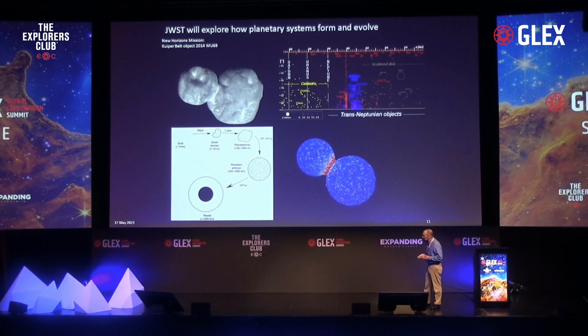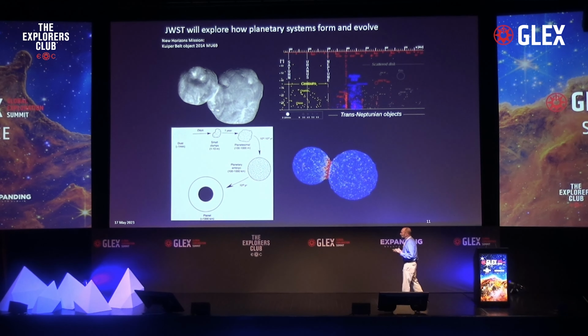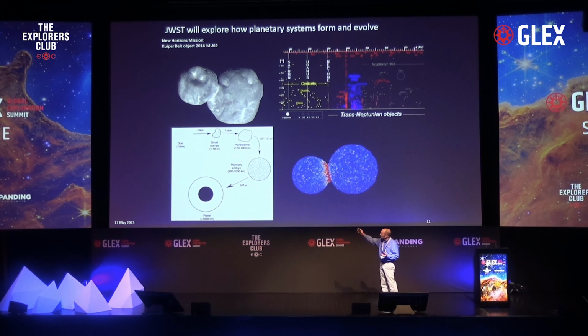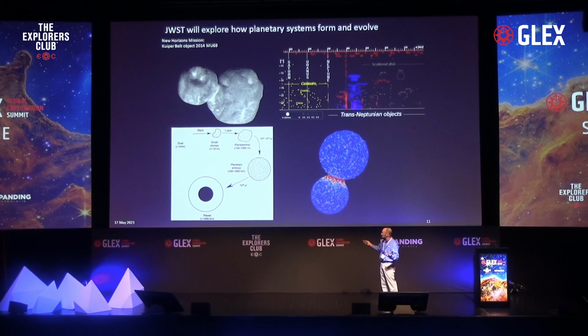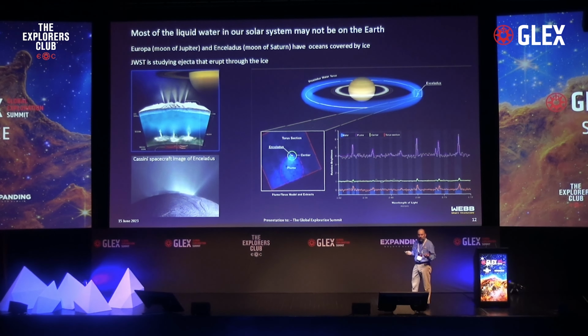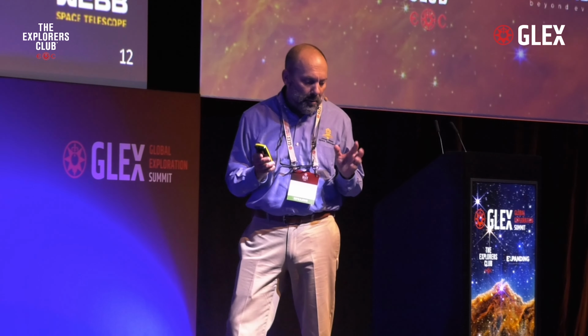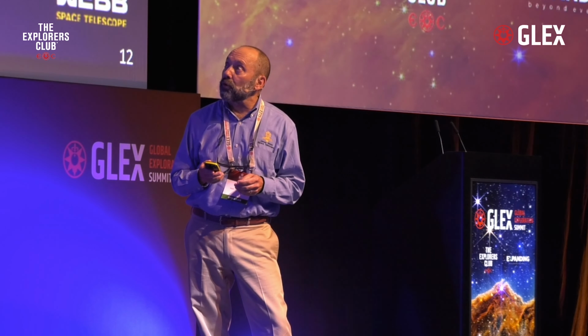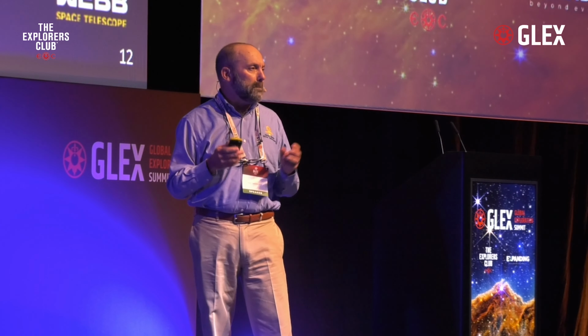And this is of great interest for theories of planet formation, in which planets form by successive agglomeration of smaller particles into larger bodies, eventually forming a planet in 10 to the 8 years or so. The Webb will do a lot of work on the Kuiper Belt objects. Now, some of the most interesting work that the Webb will do in the outer solar system is on moons